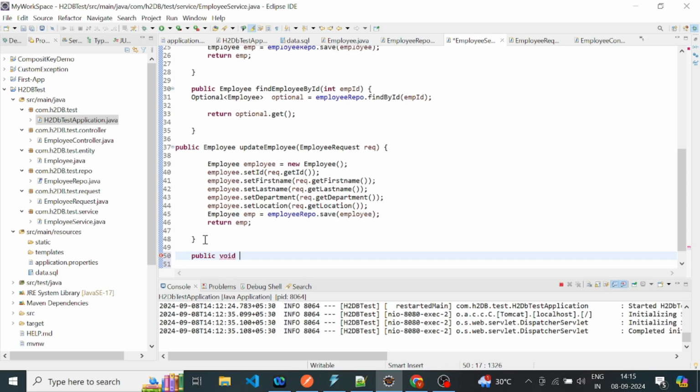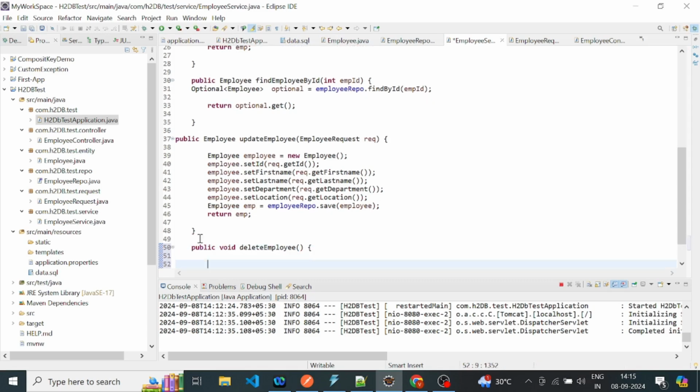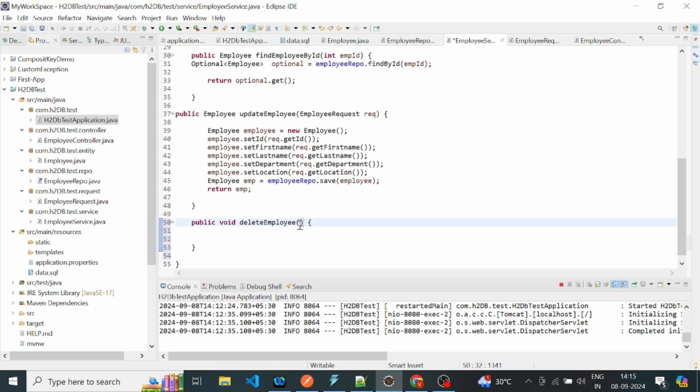So public void deleteEmployee, and it will take one employee ID as a parameter. So int